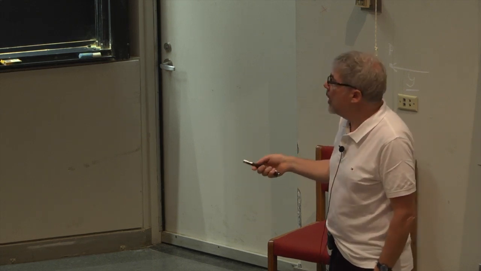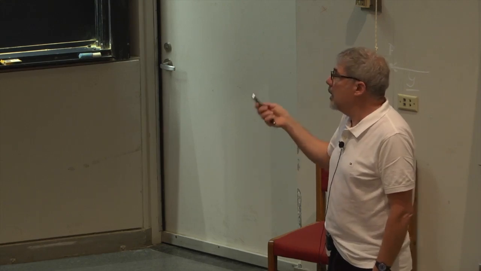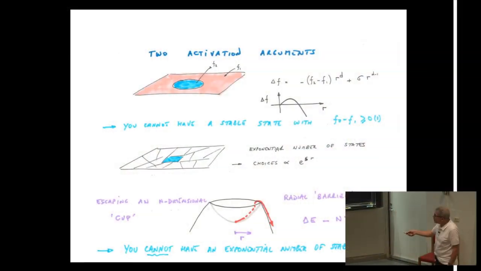This is an exercise that you can do for nothing. Take this cup in dimension n and do simply a Langevin dynamics here, so in contact with noise. Now you can go to radial coordinates. It's an exercise. And you will find that when you go to the radial coordinates, the barrier you have is